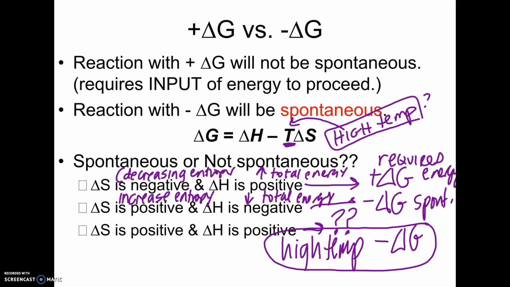So higher temperature is going to tend to make reactions more spontaneous. Not necessarily every reaction. Now here's the problem though. Obviously in your cells, we can't increase the temperature too much or you'll kill the cells. So we have to have